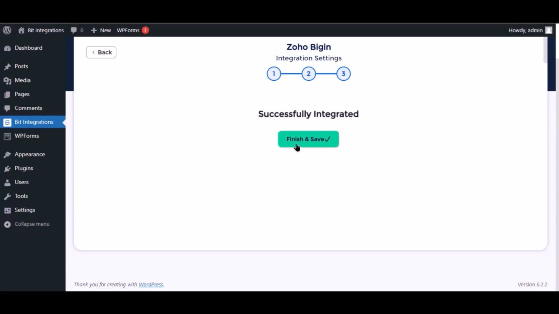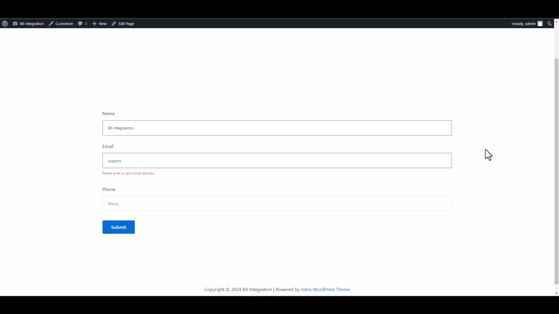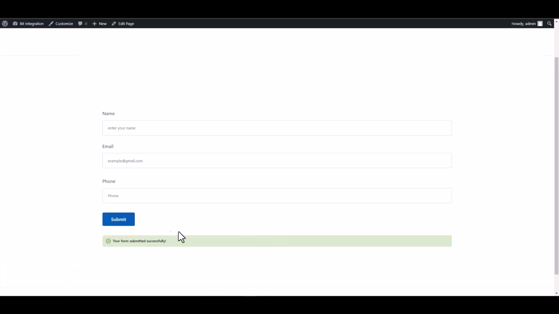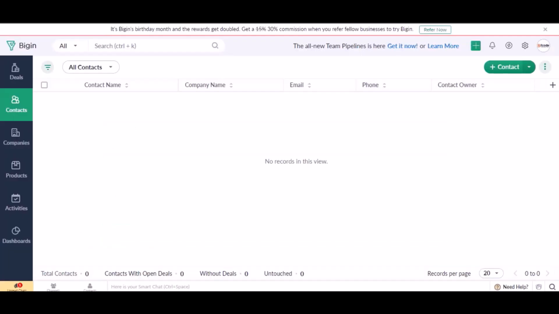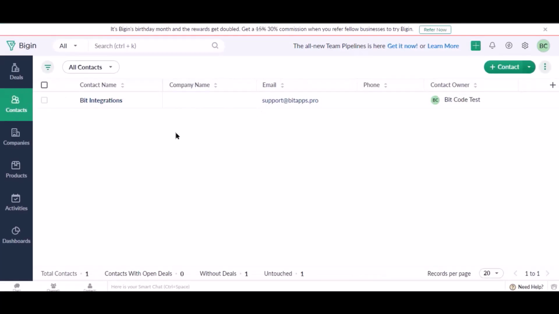Now save the integrations. Let's submit a form. Submit the form. Also, go to Zoho Bigin and check the data is listed or not. Here is the data coming into Zoho Bigin Form Bit